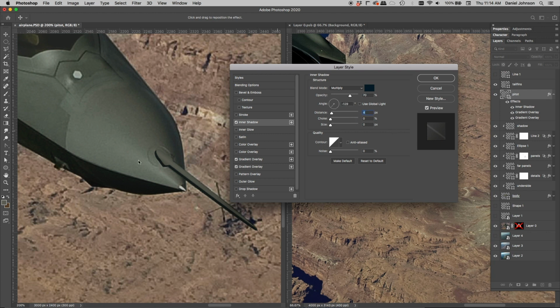The size is 0, so it's a very, very hard edge. But if I take it up a little bit, I can actually soften it a bit. I'll take that distance down just a little bit right there. And I can just adjust the angle and make that be a little more what I'm looking for. Actually, that's looking pretty good. Raise the distance up just a bit. So what you can see now is that with this, I've already got the look that it's rounded, and I've got some dimension to it, and not just that it's